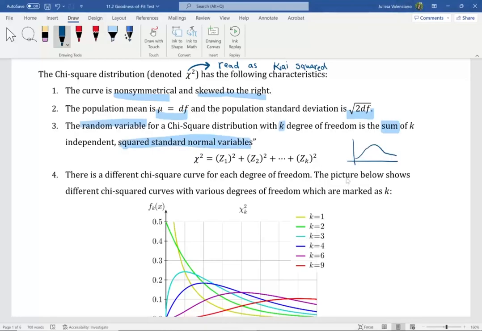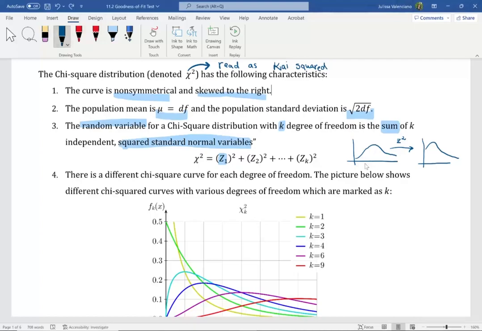So imagine that you have a standard normal distribution for one of the variables. Let's imagine that we're talking about the Z1 distribution. Again, the standard normal distribution for one of those k random variables. If you go ahead and take the square of all those z-scores under this distribution, remember the standard normal distribution is composed of z-scores. So if you take the square of each of those z-scores, I'm just going to write z squared. What's going to happen? What type of distribution are you going to get? You're going to get a distribution that is right-skewed.